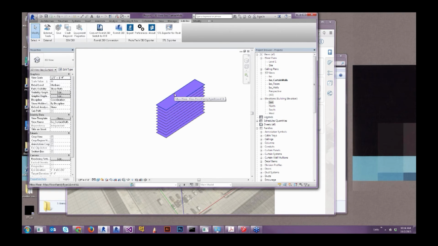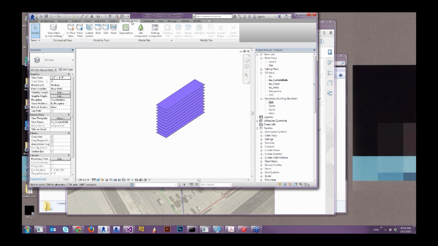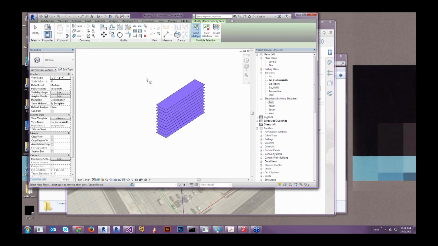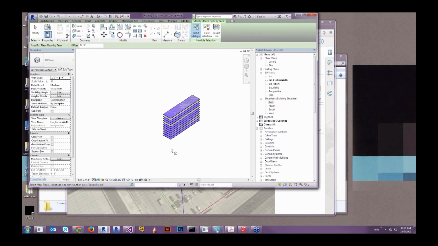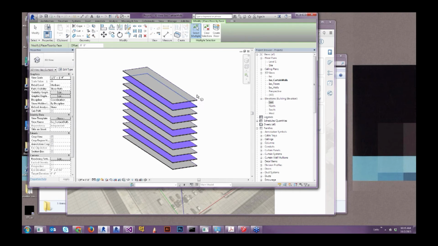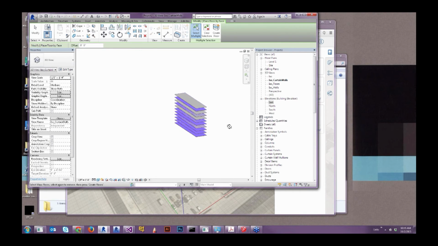These are our floor plates. They're mass floors now, so I can actually do that kind of nice trick where you go to the Massing and Site tab. You can do floor by face, and you can select all those mass floors that translated and click create, and you'll get real Revit floors where those analytical sort of levels were before.